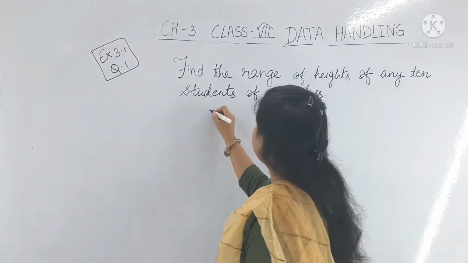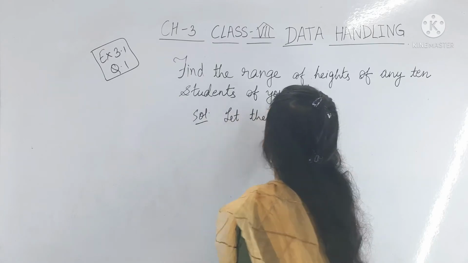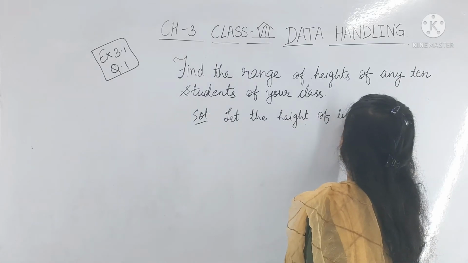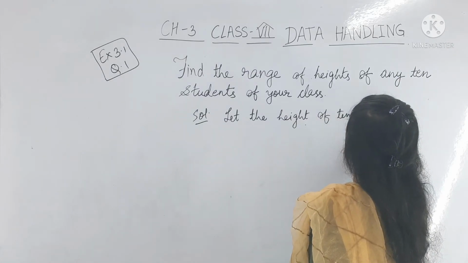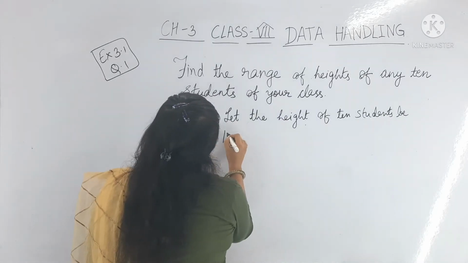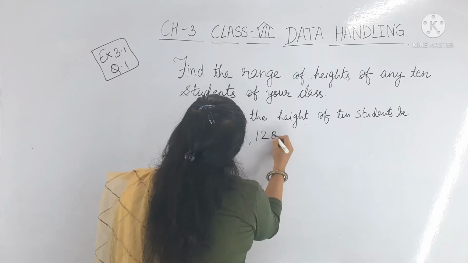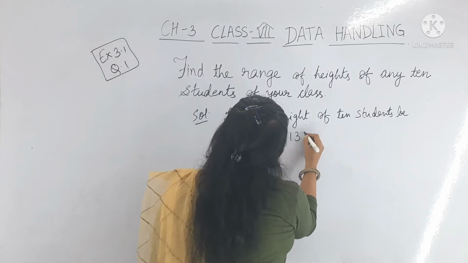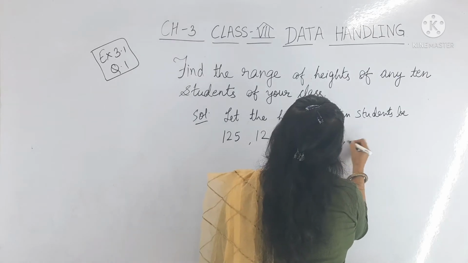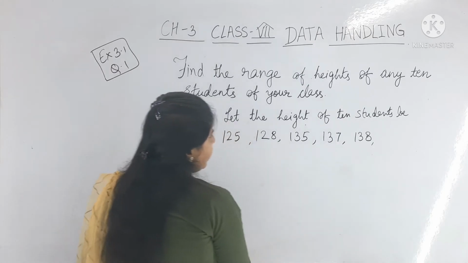Okay, so here I am taking, let the height of 10 students be. What will be the height? Maybe 125 centimeter, 128, 135, 136, 137, like this. This is 5 heights, and